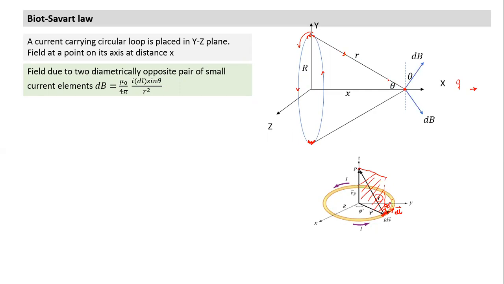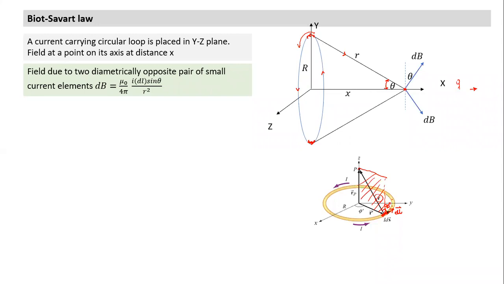If this angle is theta, the field due to this element also makes an angle theta with the vertical. The field could have been downwards or upward; there are only two directions possible perpendicular to the r vector. Since we already know the resultant field is going like this, it cannot be downwards, as that would have given a field towards the left. So the field is towards the right like this. Let's write the expression for the field using the same formula: constant term, I into the length of the element, sine theta, the angle between the small element and r.